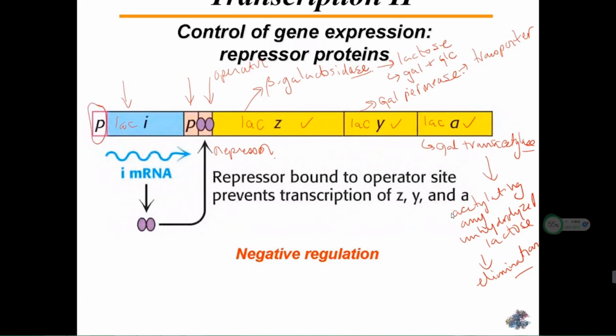So once we get lactose present, we'll get synthesis of the lac operon. In the absence of lactose, we have synthesis of the lac-I gene, so that we get the I mRNA, which is then translated. So this is a translational process, which we'll talk about in subsequent lectures, to get the repressor